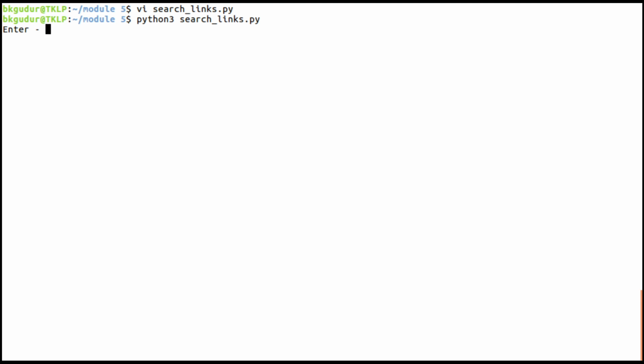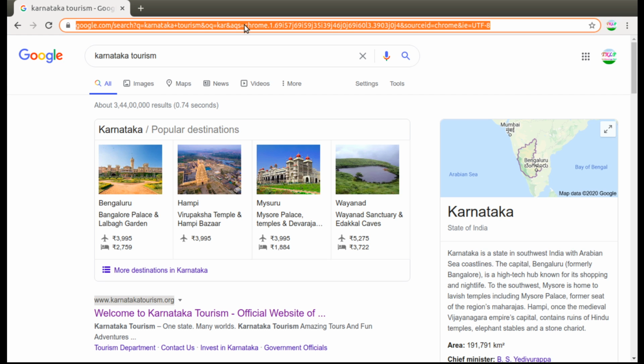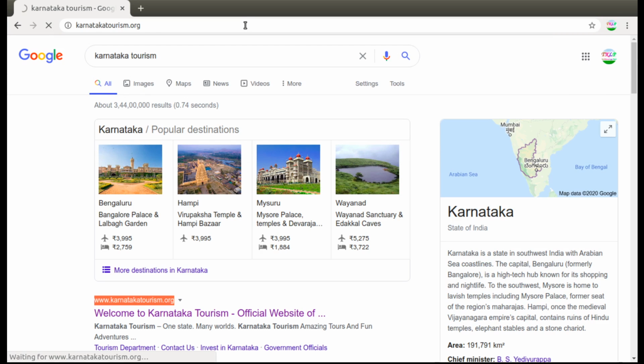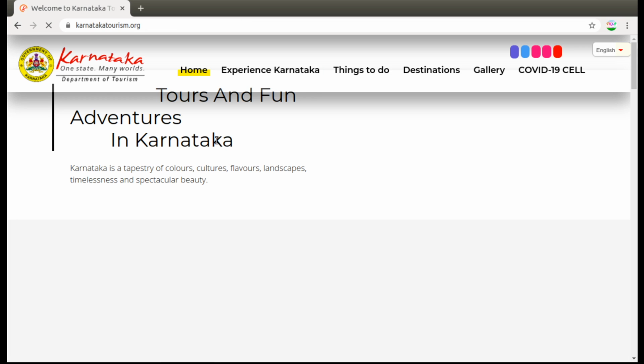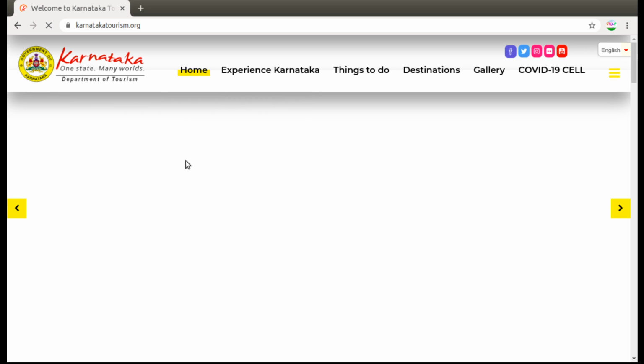So what I do, dear students, first I will go to some web browser and give some URL. The URL that I am going to use is karnatakatourism.org. Whatever links are there in this particular page, all the links should be shown in our program. Let us see.